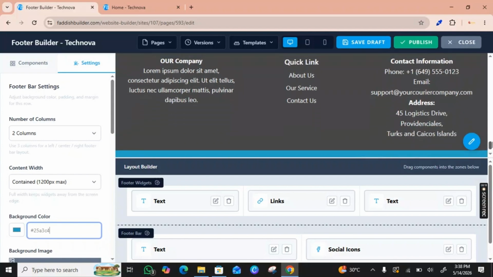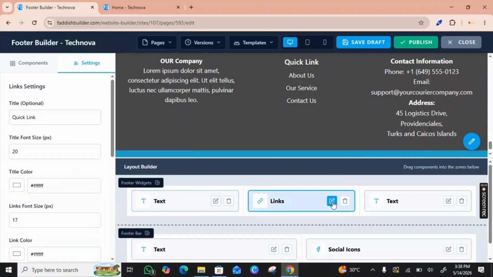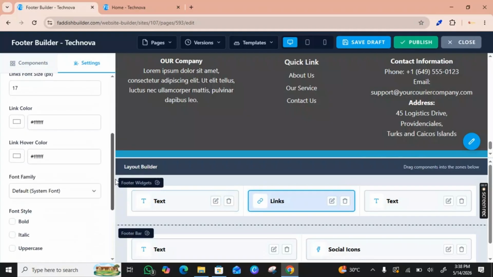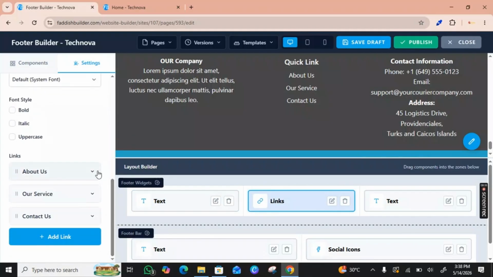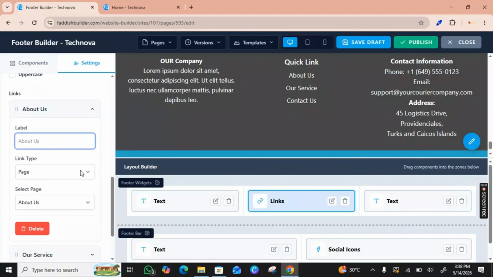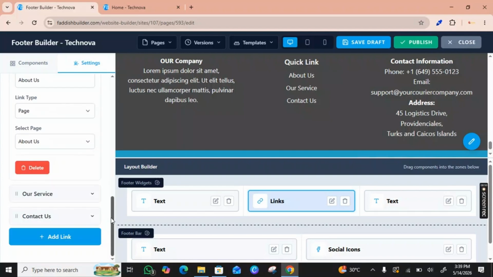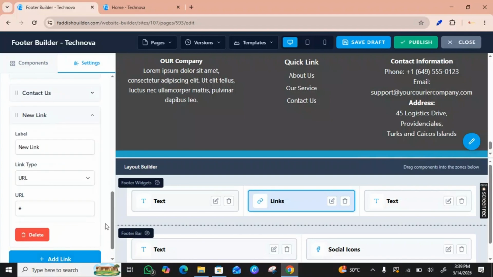Okay, so if we want to change the text here, you come right here, click on the pencil icon, and you could change the description of your company. For the links, you come on here on your pencil icon once again, and you can scroll down and rename these if you want. You can choose whether you want to add a URL or page, which we will discuss later in this video. And if you want to delete it, or if you want to add another link,